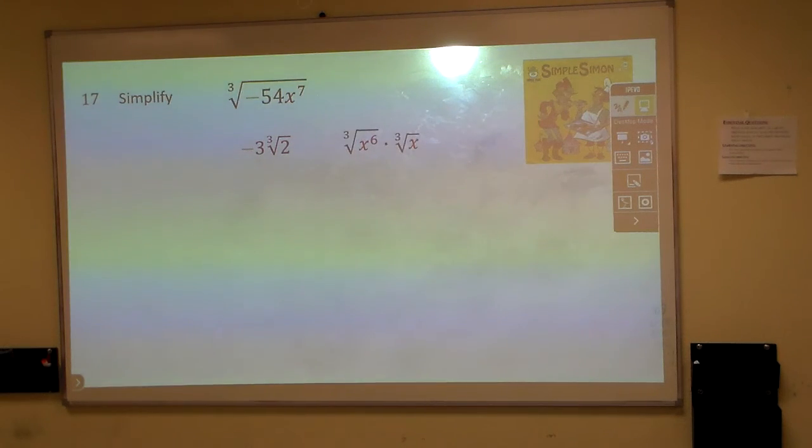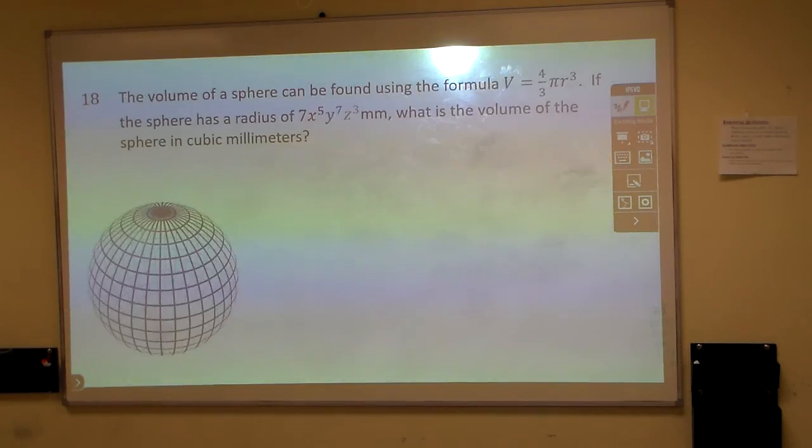And then the last part here is this. I know 3 will go into 6, but 3 will not go into 1. So I'm going to pull 6 out here. And the cube root of this, what's 6 divided by 3 is a 2. So then this is what the answer will look like. A negative 3x squared. And then this is the cube root of 2x. Right? And then the last one we have is the volume